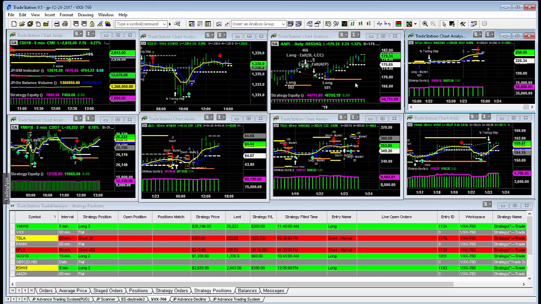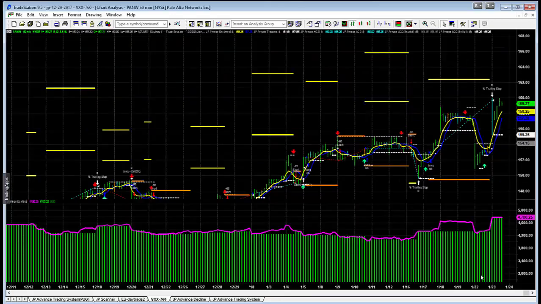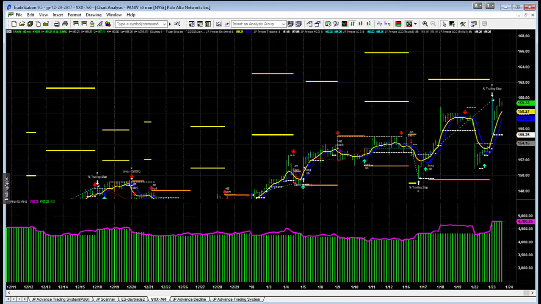But the algo optimizer is going to help us determine pretty decent entries, exits, and stop symbols, and I think it's going to be a dynamic tool. I know it's a dynamic tool for all investors. This is one that we picked up in the trading room, which we shared with you guys, if you remember: Palo Alto Networks. It was kind of spooky.